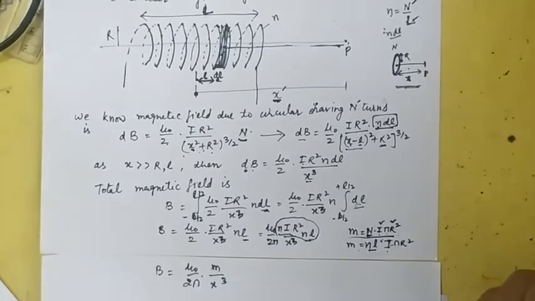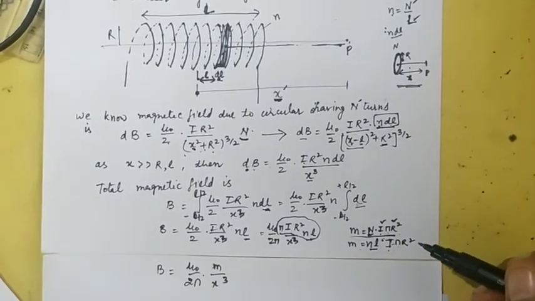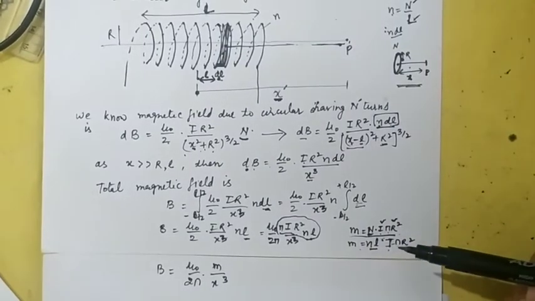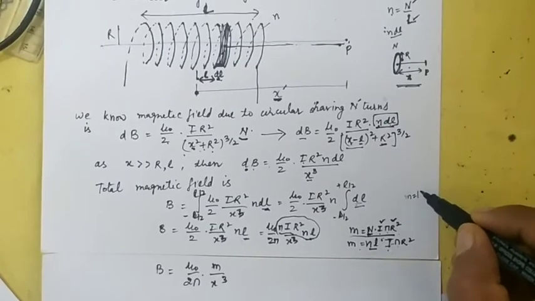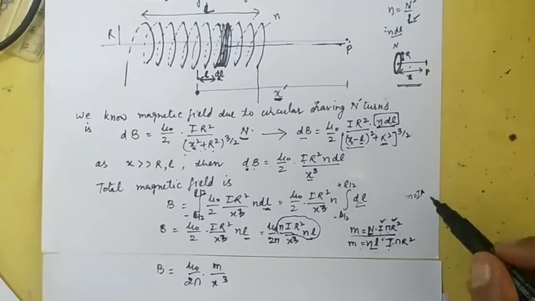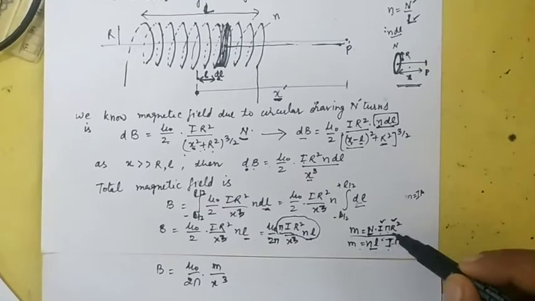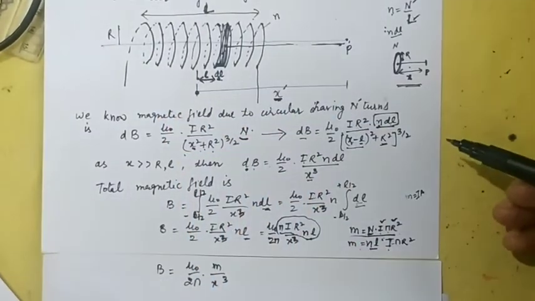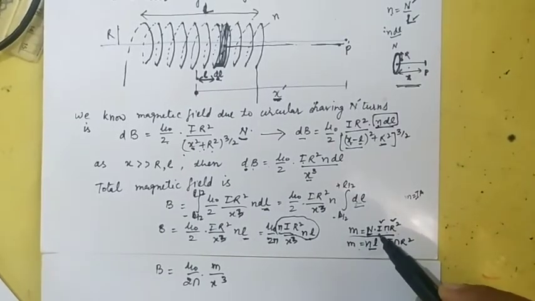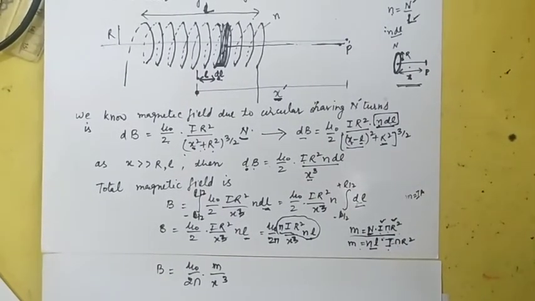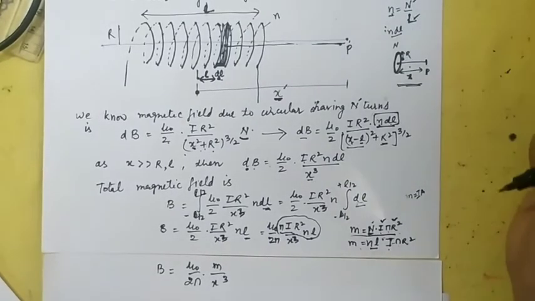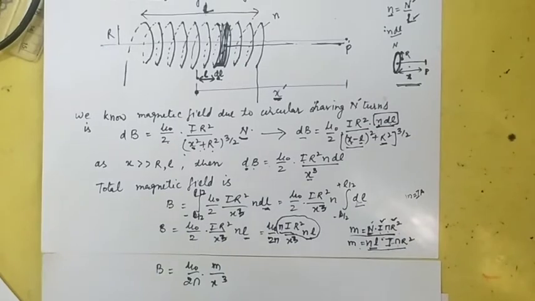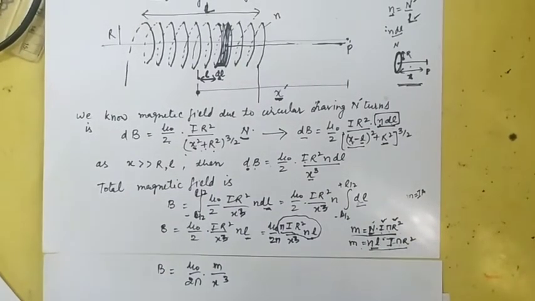Now solving a little bit. First of all, we calculate the magnetic dipole moment of this whole solenoid. We know that one loop of the solenoid will have a magnetic dipole moment equal to I into A. I is the current, A is the area of the loop. The area of the loop is pi r square. Since this solenoid has a capital N number of turns, it becomes N into I pi r square. Now if you put the value of the total number of turns, since small n is the number of turns per unit length, it becomes small n into L. So I put the value in this and we get this much. So this is your magnetic dipole moment.